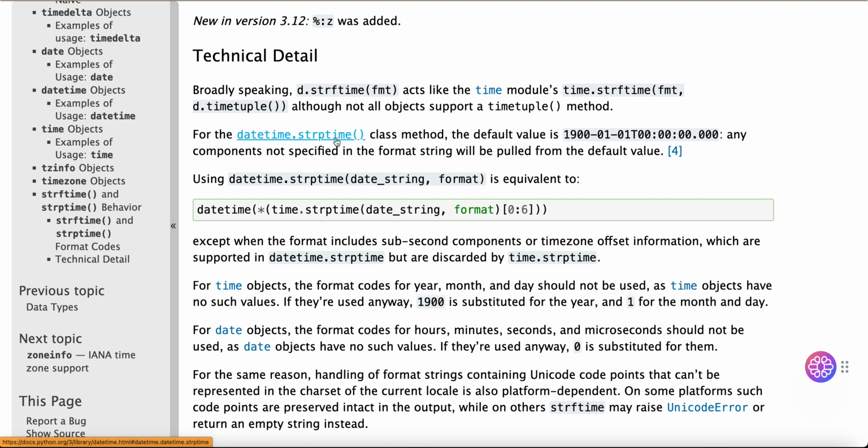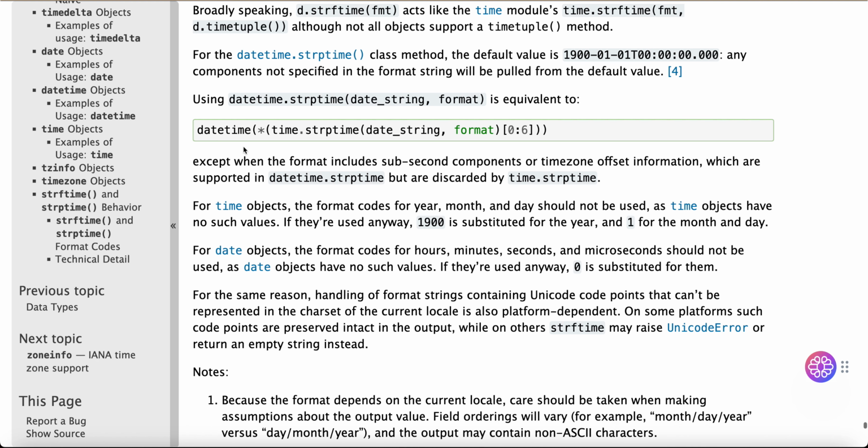For the datetime.strptime class method, the default value is 1900-01-01T00:00:00.000000. Any components not specified in the format string will be pulled from the default value. Using datetime.strptime(date_string, format) is equivalent to datetime(*(time.strptime(date_string, format)[0:6])), except when the format includes sub-second components or time zone offset information, which are supported in datetime.strptime but are discarded by